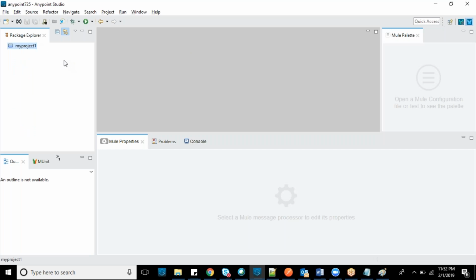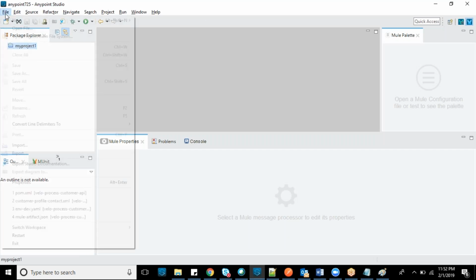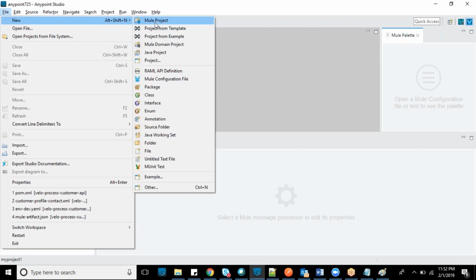It is built on Eclipse, and you are already aware of Eclipse. The options are the same as Eclipse, but sometimes you can see some different things like Mule, which you will not see in plain Eclipse. But in Eclipse also you can add plugins. Mule plugins are there, you can add them to the existing Eclipse, and that will work. But Anypoint Studio is very suitable to develop Mule applications, and it is recommended. It's built with all the servers and the required Maven, everything. That is the main advantage of this.